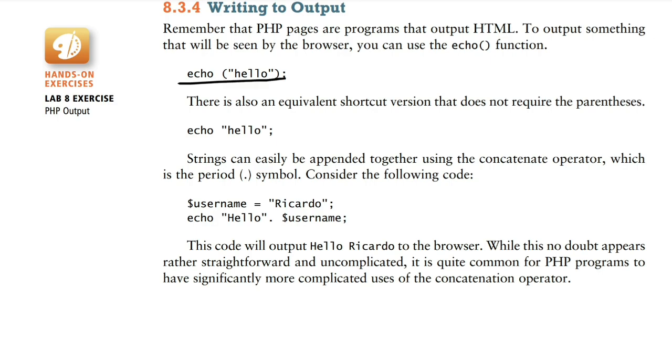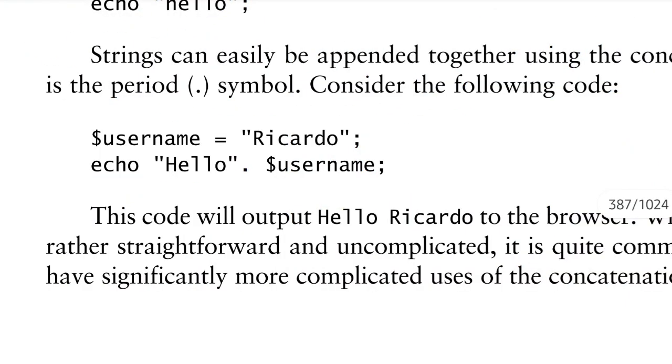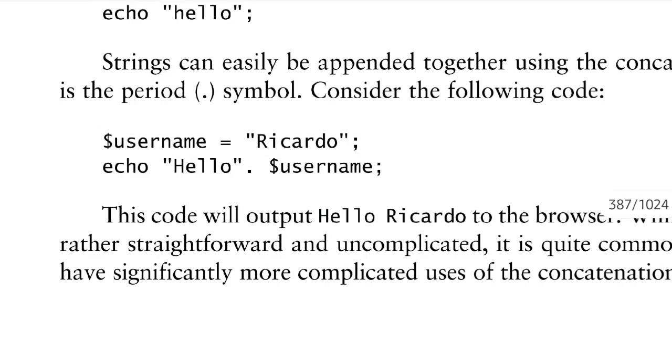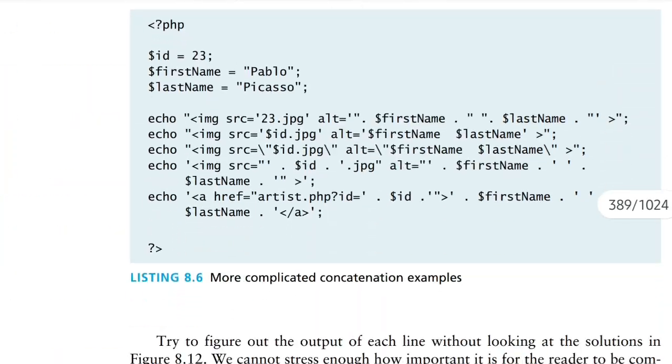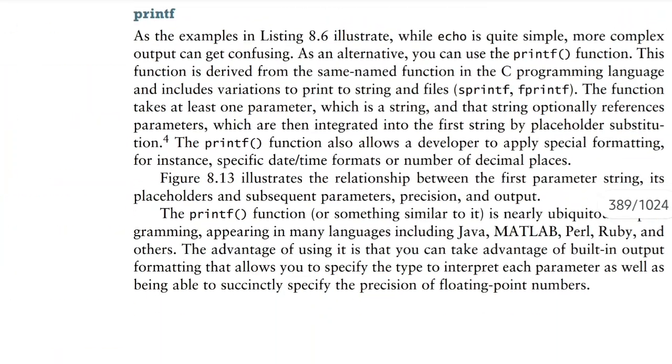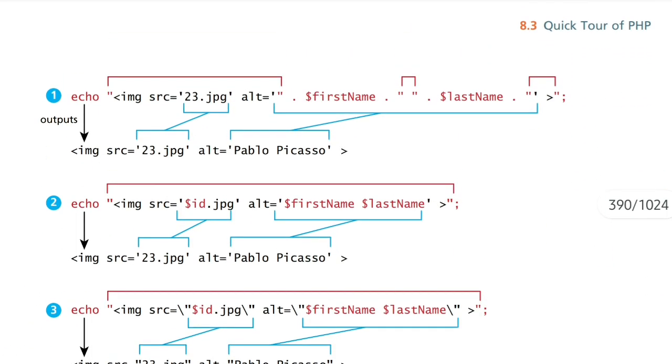Writing to output: for the output you will be using echo, and if you want to write the variable also along with the other echo statement, concatenate that variable name with a dollar sign, so that Ricardo will also be displayed. Hello Ricardo will be the output. Same thing goes here as well. And yeah, that's all you need to know, how to write the output statement and the variables, and we'll be